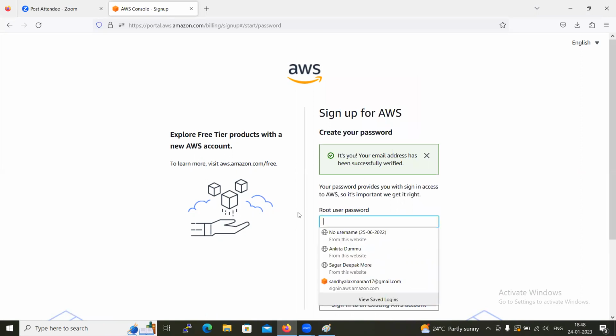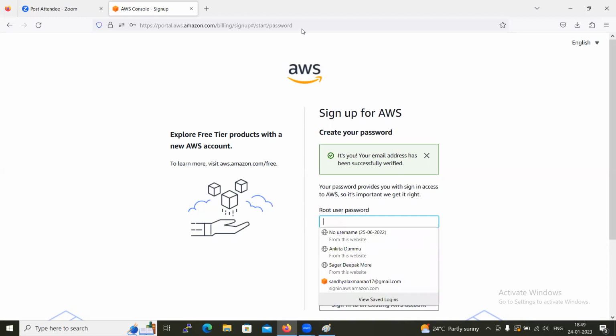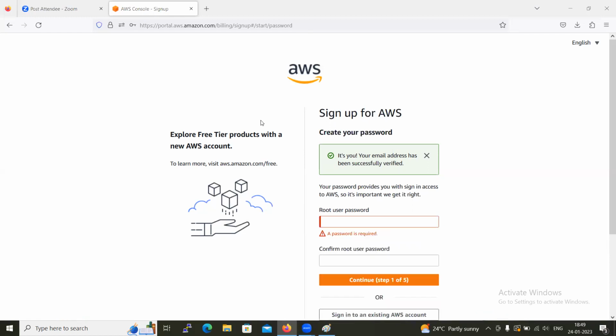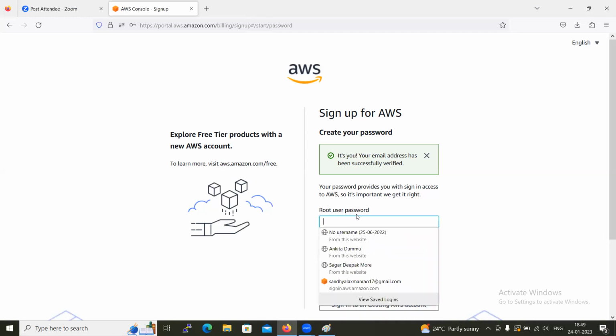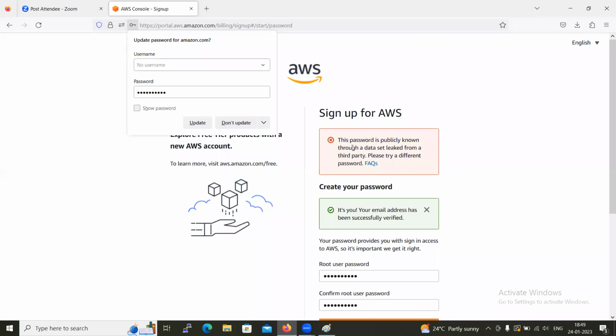I'm just giving for now, Chandu at the rate 123. So this is step 1. The password is